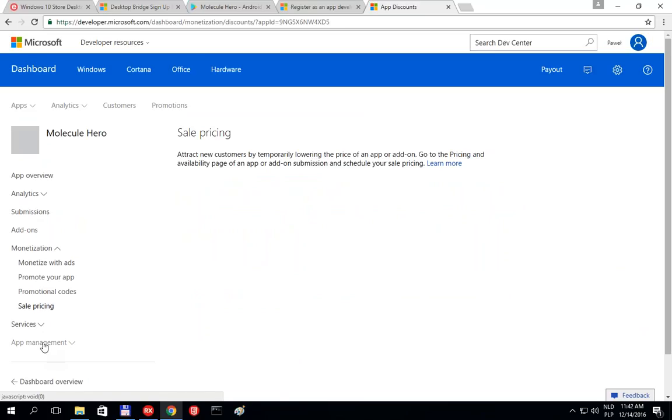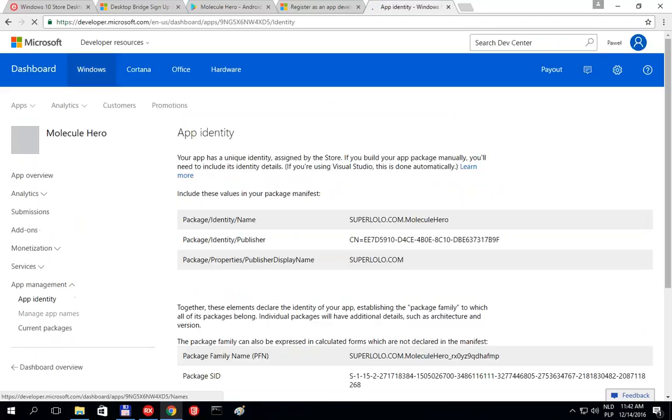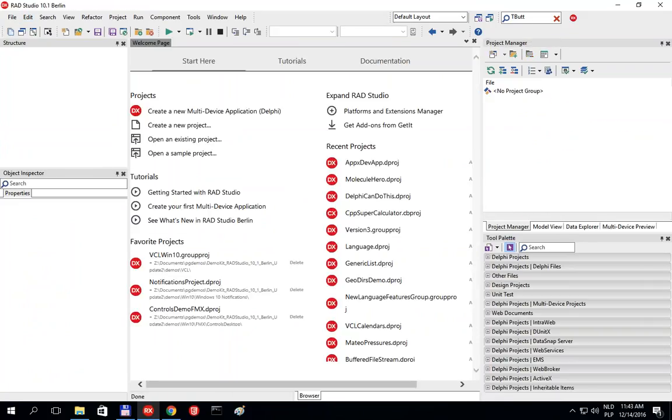For building Appx packages, it's important that you go to the app management and app identity. Once you have created your application, there will be certain information here, like a package ID that is assigned to your application, and the publisher display name, which is something that you need to decide when you sign up for a Microsoft account. This is information that needs to be embedded in the project options when you build your Appx file. So if you go back to Delphi,